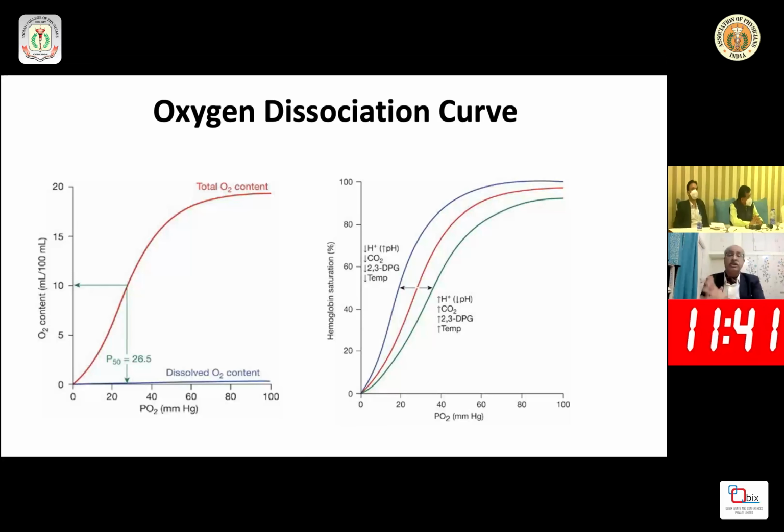So if you give oxygen, if you want to improve the oxygen delivery to the tissue, and if you use long-standing stored blood, results may not be immediately evident. That may take more than 24 to 48 hours before the 2,3-DPG levels are built up in the RBCs. Therefore, it is important to realize that, especially in neonatology, most of the time fresh blood or less than 24 hours storage is to be used for exchange transfusion. Otherwise, you are simply giving a mechanical load.